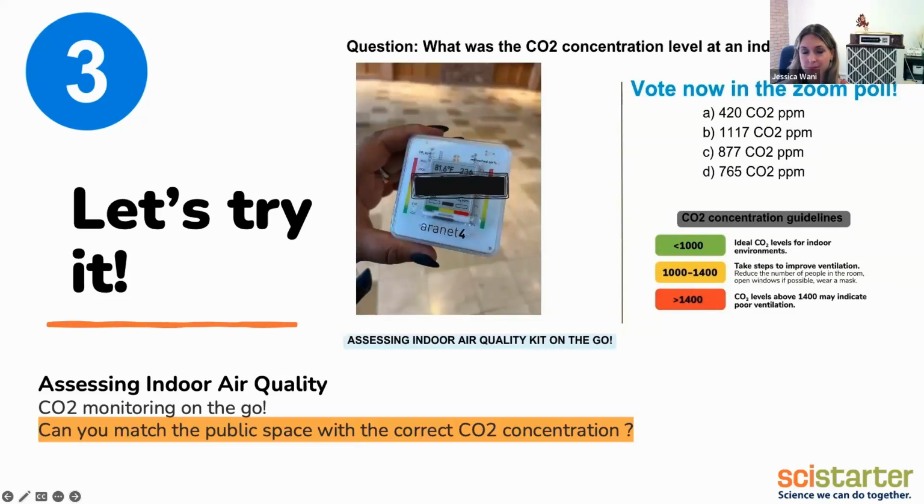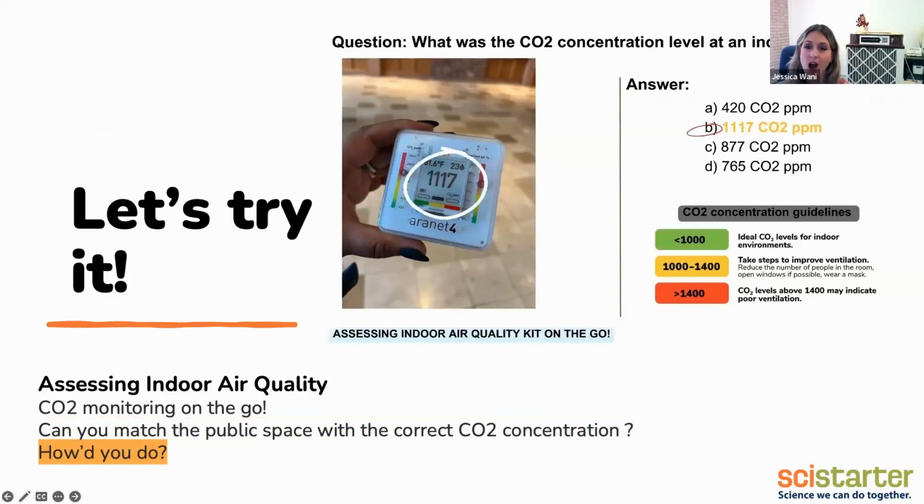Okay. Question. Wait, 3 more seconds. 3, 2, 1. 100% participation, and it's all split again. Oh, interesting. Okay. Oh, wow. So we've got a third and a third at the 3 highest levels, which makes a lot of sense. This is, I think, our worst one so far, right? Our highest level anyway of CO2, at 1,117.